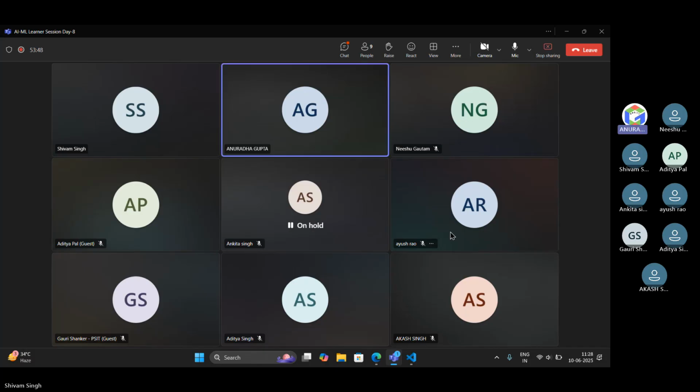Ayush Rao, am I audible to you? Gauri, please don't be shy or hesitate. I don't know why you people are not speaking. I'm not here as your professor, I'm your colleague. I'm your friend. I'm here to teach you something.